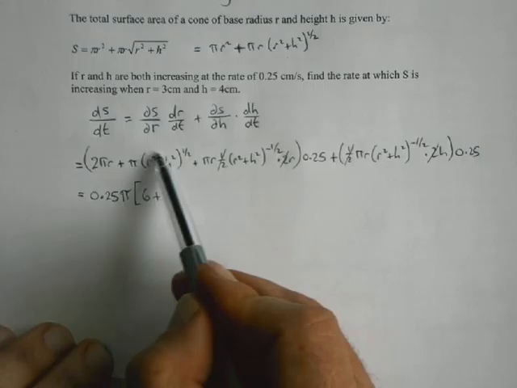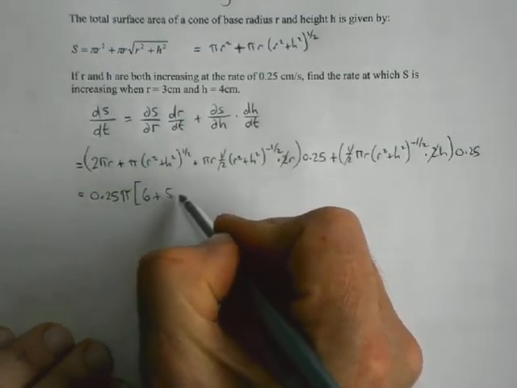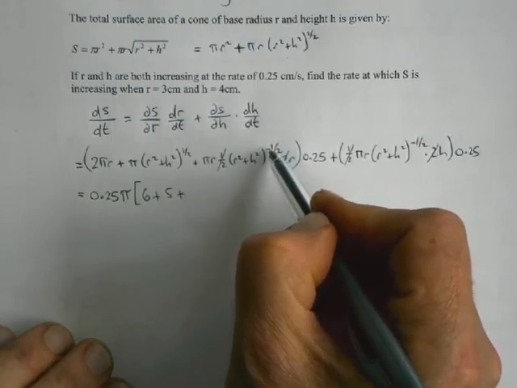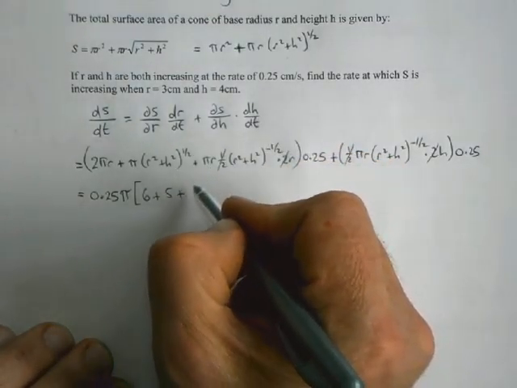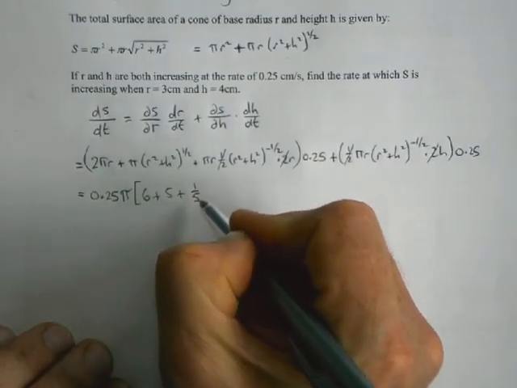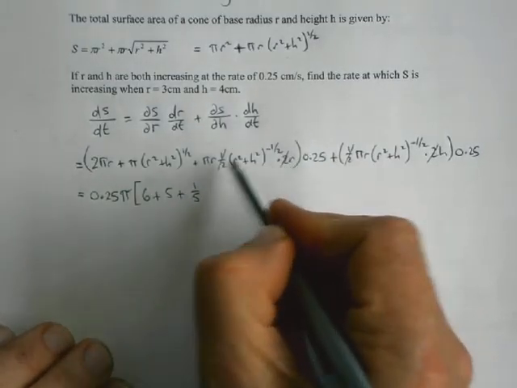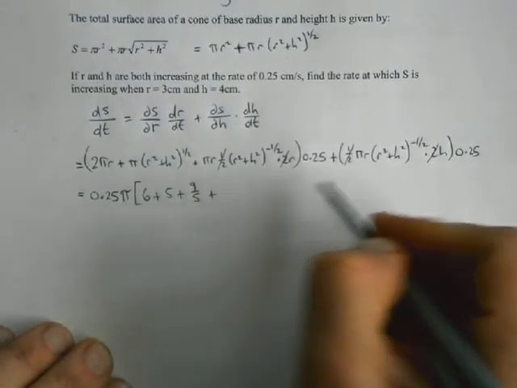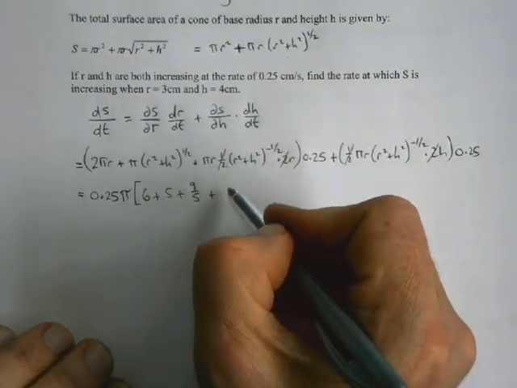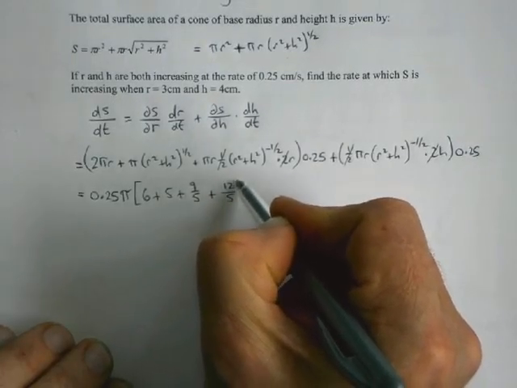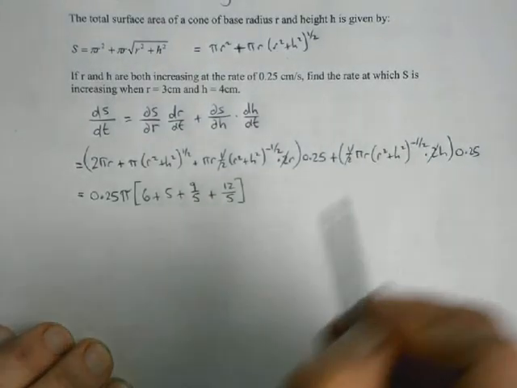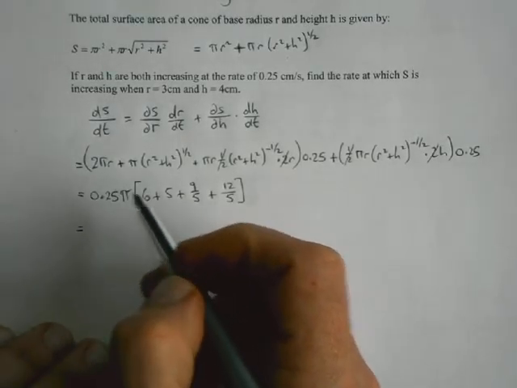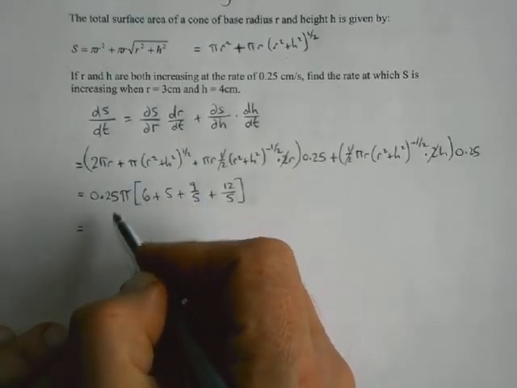because R is 3, plus 3 squared and 4 squared, that's just a 3, 4, 5 triangle, so that's going to be 5, plus this will be, and the negative is the same as 1 over, so that's 1 over 5, oops, times 2 lots of R is 9, what else we got, plus R times H is 12, again over 5, because it's that thing there will be 5,